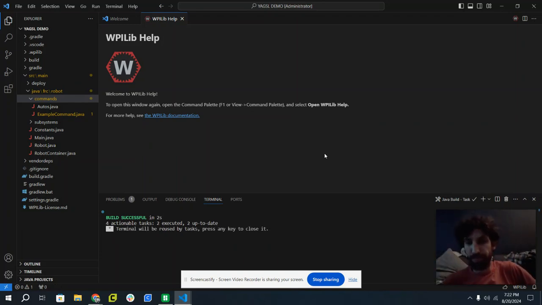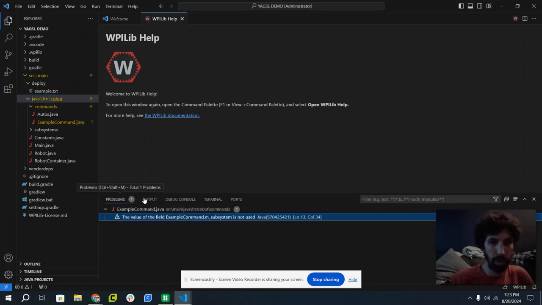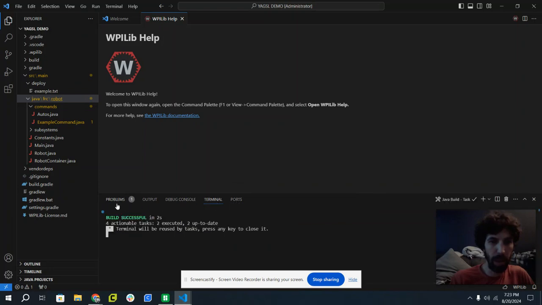That build was successful. All right, so now I should have everything I need to start using the YAGSL commands. So what I've really set up is now there's a series of commands that I can just command a swerve drive from. So that's kind of cool. Let me see if there's anything over here I need to look at. Oh, I still haven't put in my configuration file yet. So it's not going to like that if I try to